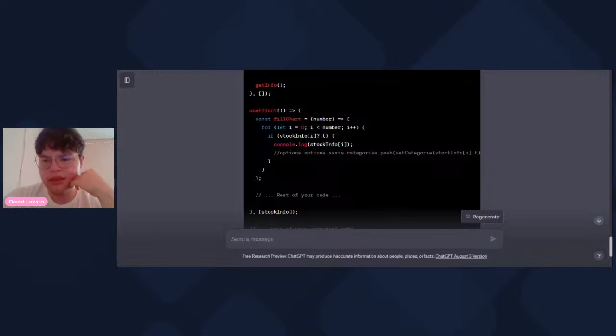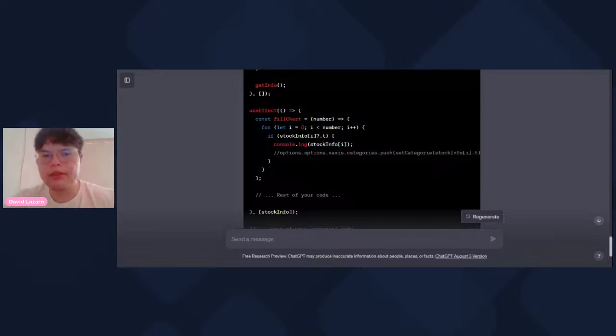GitHub Copilot cannot connect to the server. I don't know, what should I use? So I wanted to use GitHub Copilot to do that, but instead of this,